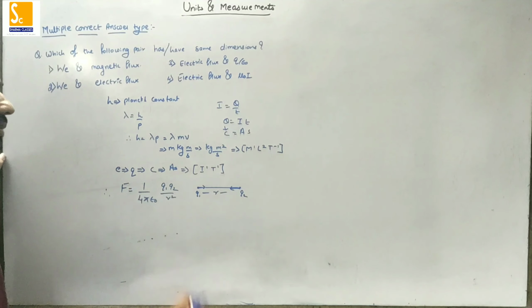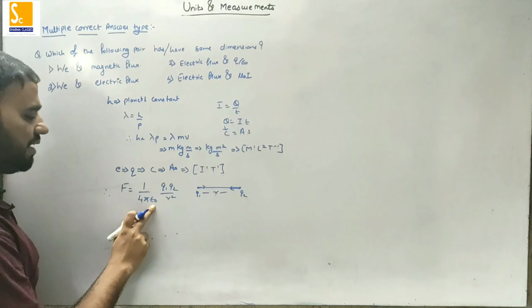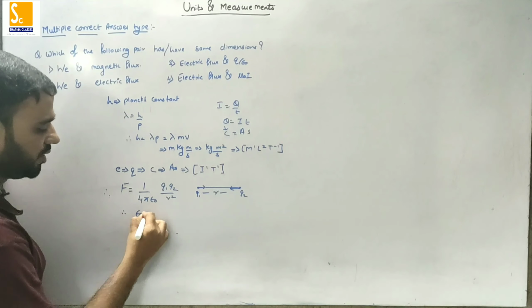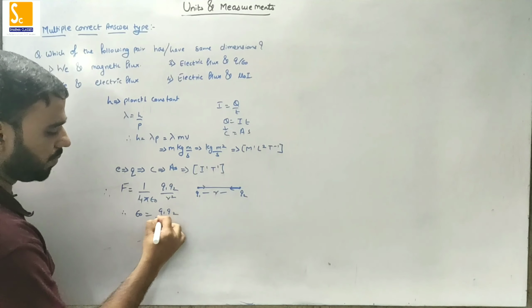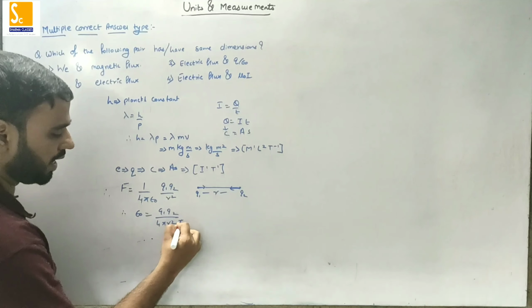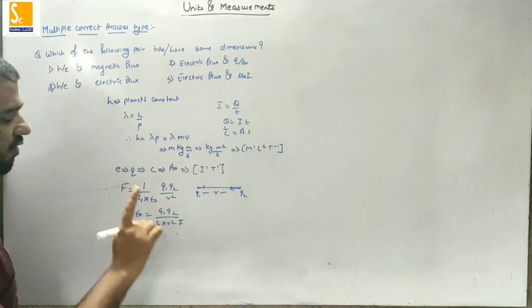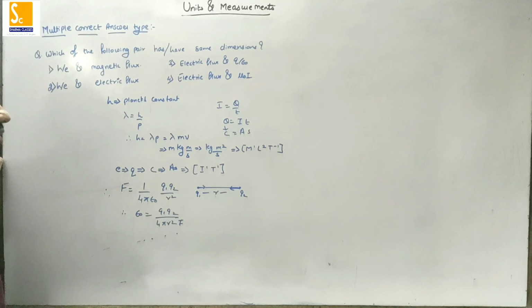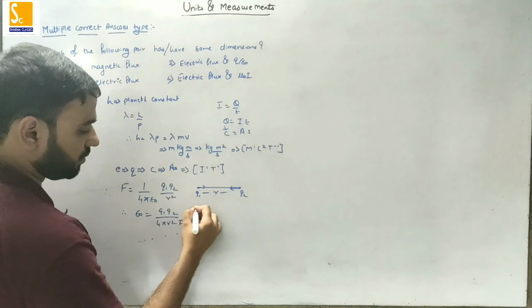So Coulomb gave this formula, which we will study in 12th standard. Clear? Okay. So from this formula, can we find out the dimensional formula for epsilon naught? That is Q1 Q2 upon 4 pi R square F. This is the formula for epsilon naught. Let's find out the dimensional formula for epsilon naught.